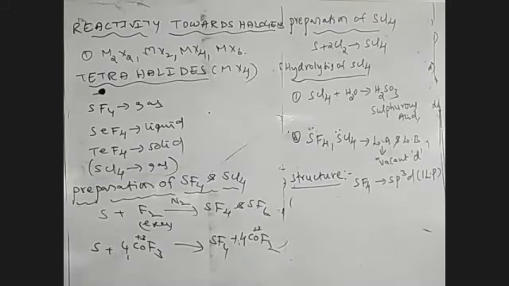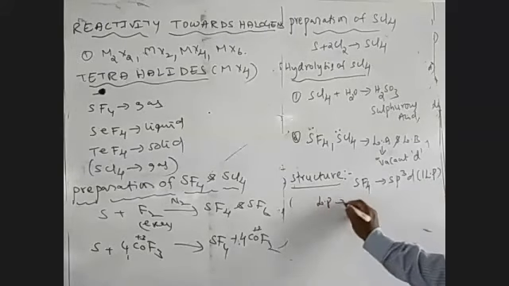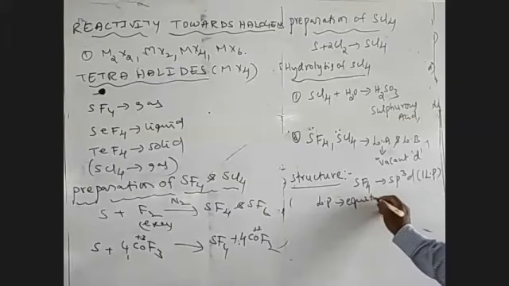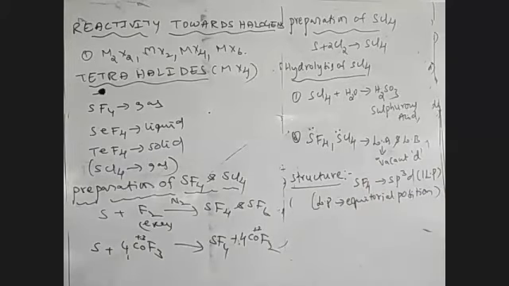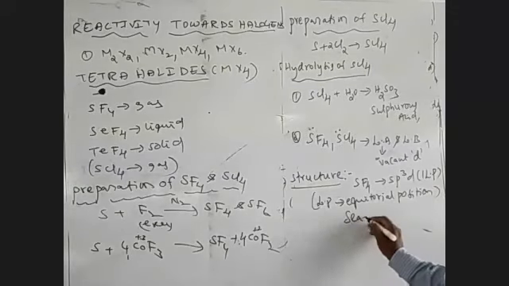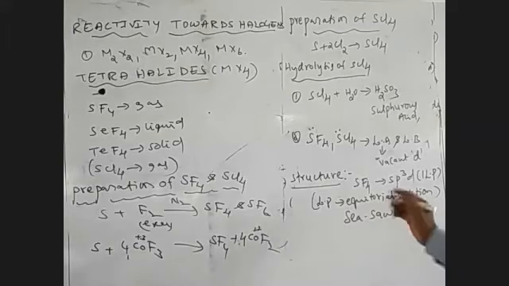In this structure, the lone pair occupies the equatorial position due to minimum repulsion. sp3d means the geometry of the molecule is generally taken as trigonal bipyramidal. SF4 is trigonal bipyramidal and contains one lone pair, so the shape of the molecule is taken as a seesaw structure, with the lone pair in the equatorial position.